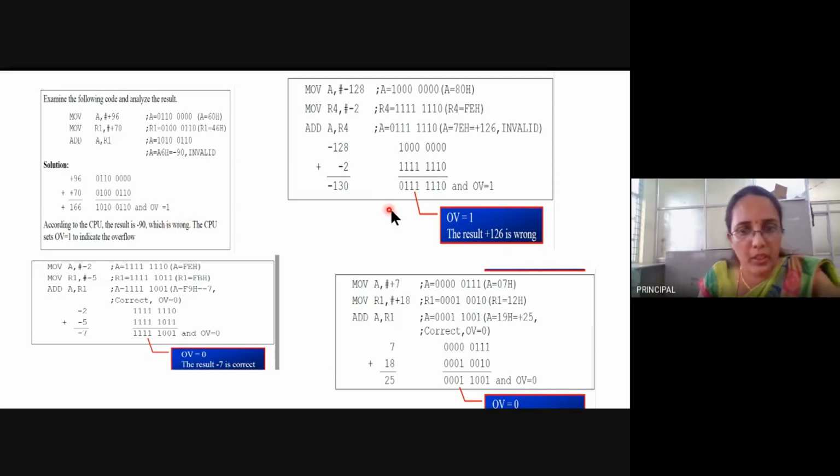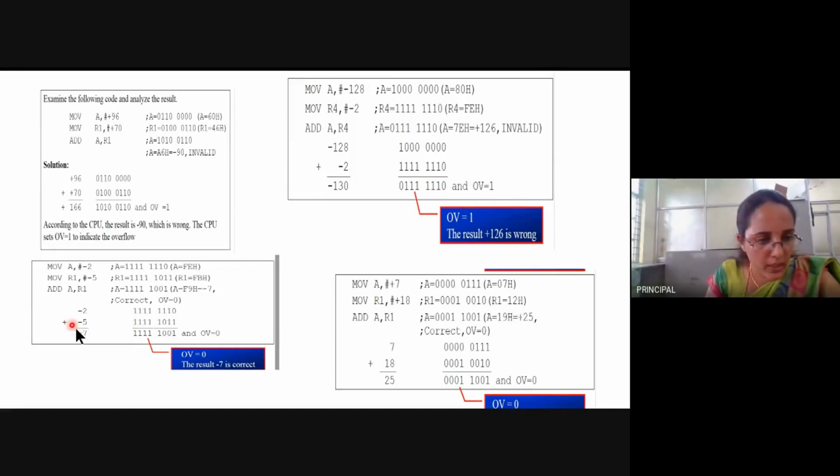Here, minus 128 minus 2, the answer should be minus 130, but you are getting the result as minus 126, which is wrong. That condition is indicated by the overflow flag, which indicates the answer is wrong.